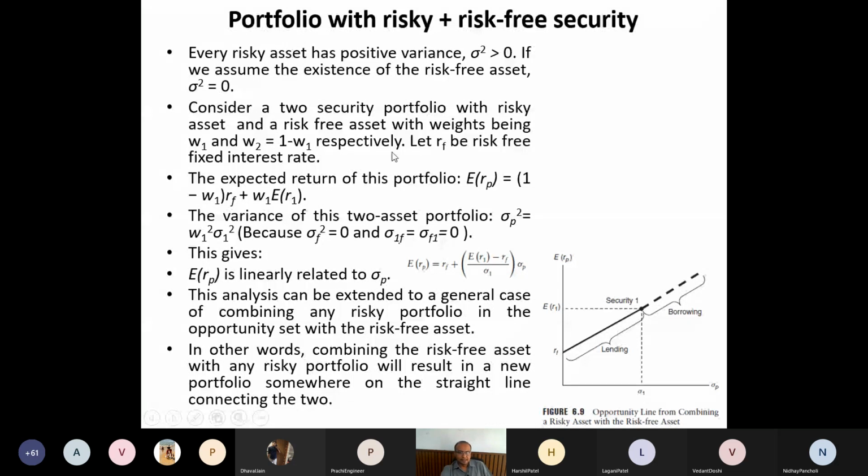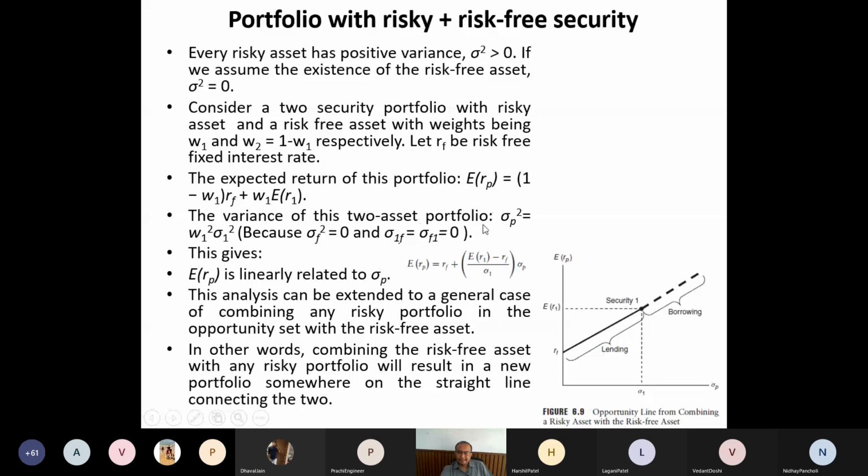Okay. So let me say it is this. Now, if I have this situation, then my portfolio consists of two securities. One is with risk-free rate RF and another with my expected return, say ER1, with different weights. So the expected return from this portfolio is (1 minus W1) into RF plus W1 into ER1. See, RF is a deterministic quantity. Now it is not expected. It is not a random variable. RF is fixed. I know its deterministic value, 6.1%.